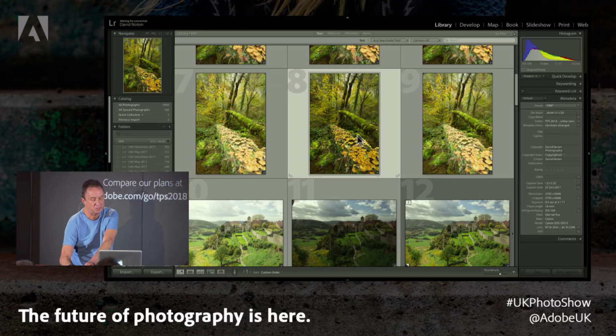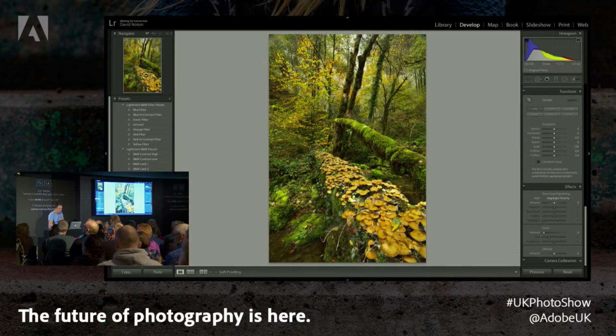This image is focused in the middle distance. This image here was focused on the background, and this image here is focused on the foreground. So what I'm going to do now is go back into the Develop module, come down to the film strip